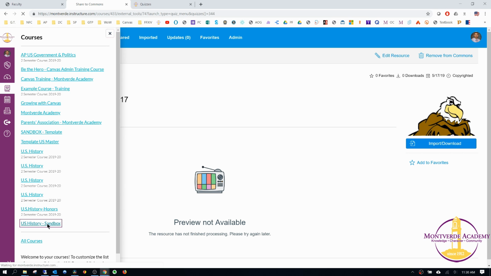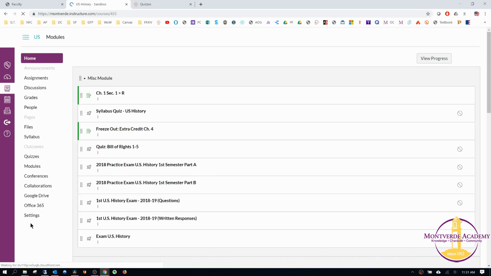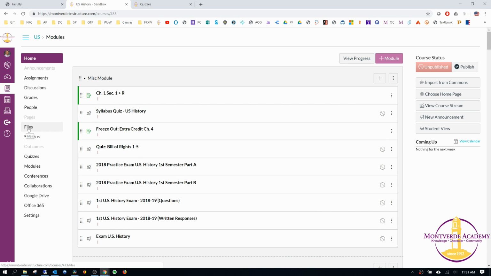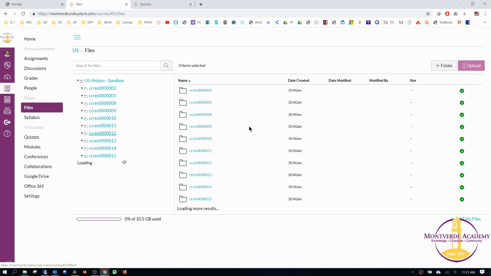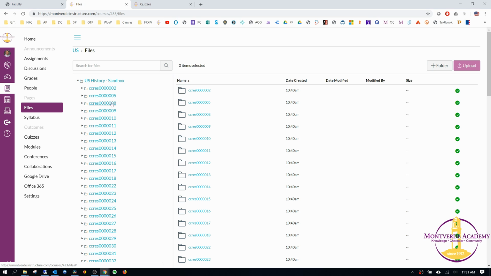I'm going to go to my sandbox course. Now what I'm going to show you is how to clean up your files, which is a little bit different. You can see here, because of the nature of the upload, many of these files, as I've shown you before, kind of messed up. And it's not Canvas's fault, it's Schoology and the way they name their folders. So what you can do here, and this is time consuming, is that you can go inside